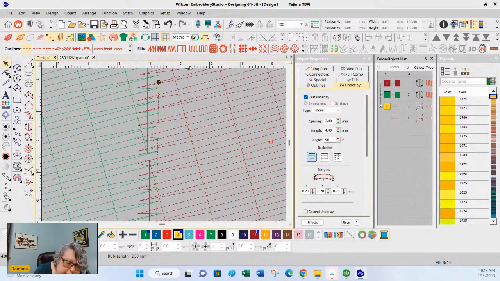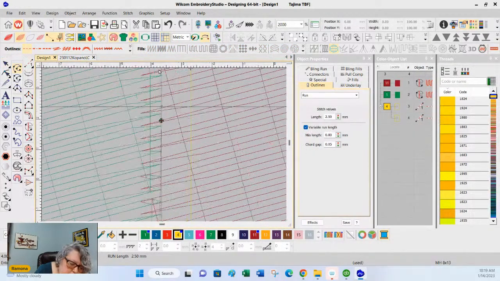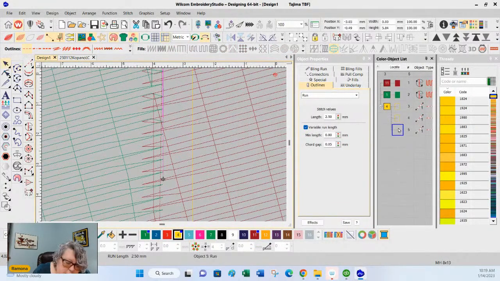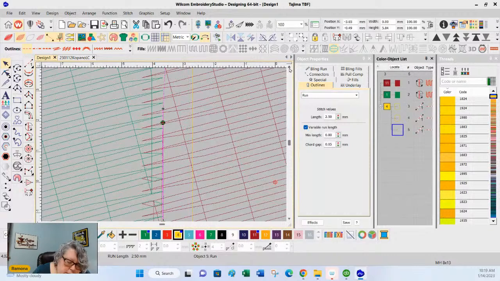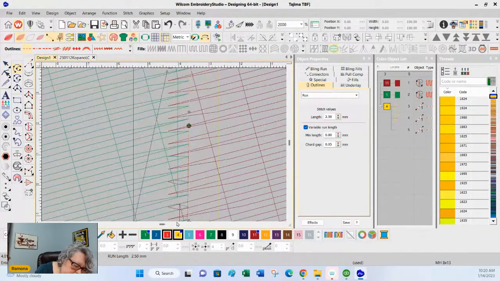So what I want you to see is that our green, we've got to find a better way to show you this because this is so light. Our green edge of stitches ends there, and our red line of stitches ends here.